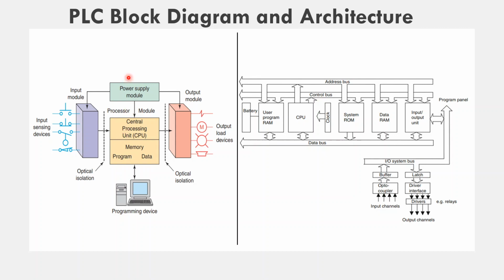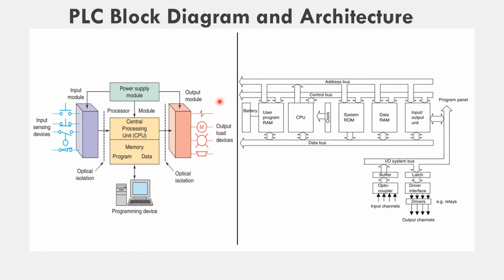The power supply unit is needed to convert the mains AC voltage to the low voltage DC, that is up to the range of 5 volt, necessary for the processor and the circuits in the input and output interface modules. The programming device is used to enter the required program into the memory of the processor, and the program is debugged in the device and then transferred to the memory unit of the PLC. The memory unit is where the program containing the control action to be exercised by the microprocessor is stored, and where the data is stored from the input for processing and for the output.